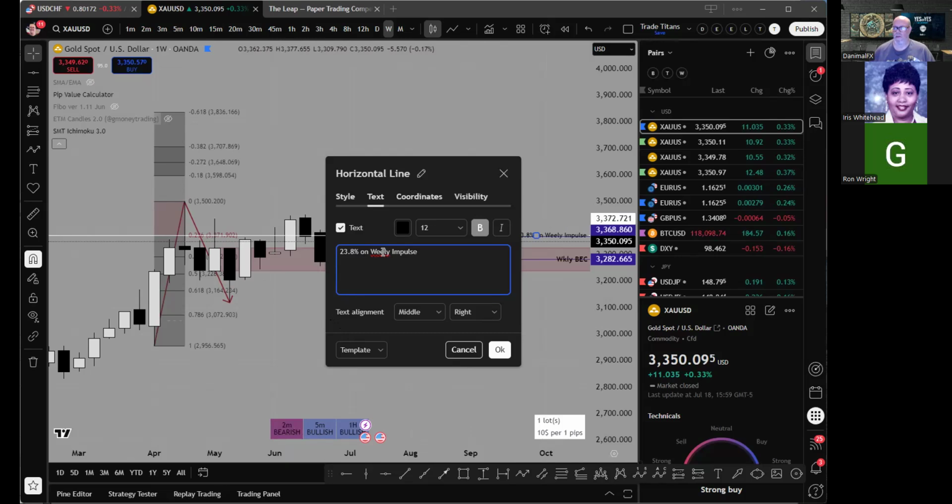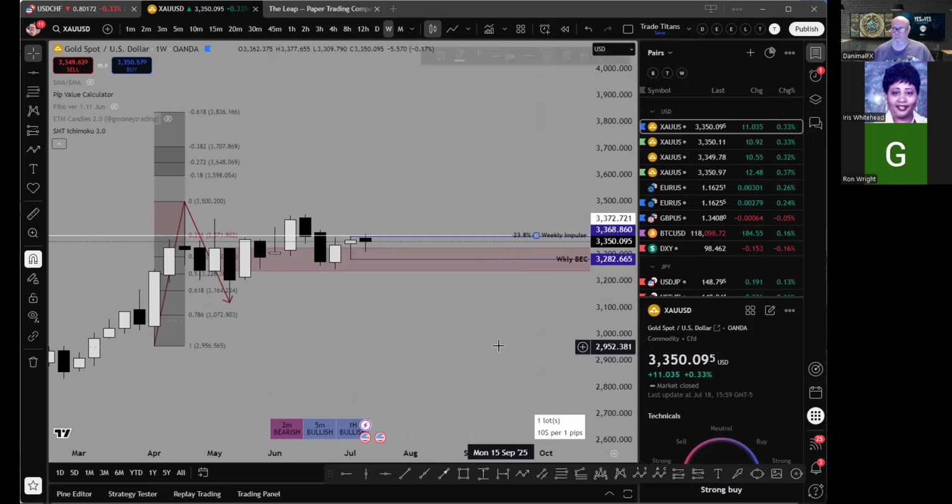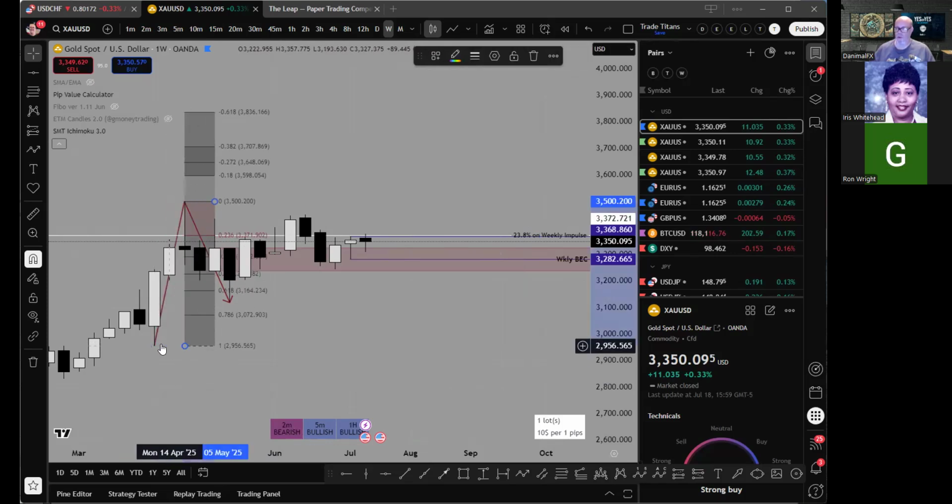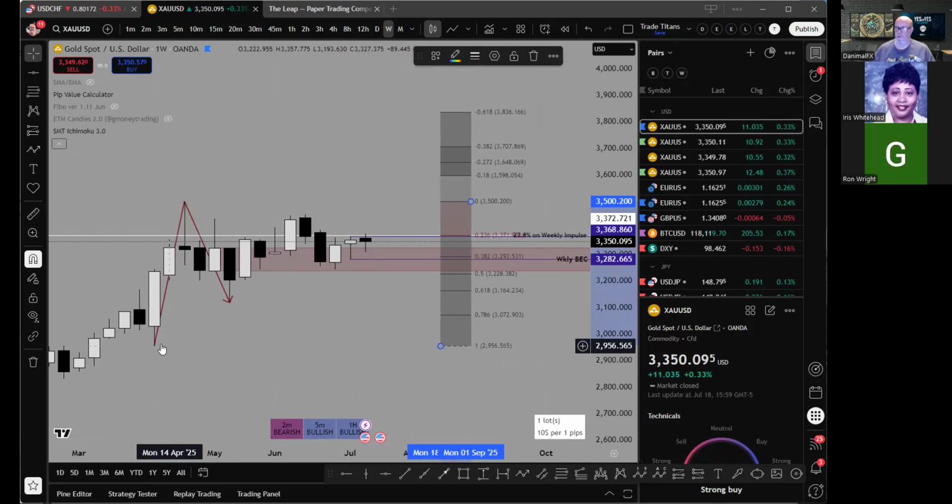Yeah, weekly. Pardon my spelling, but it's okay. So we can actually use this as our impulse, our weekly fib. And I'm going to bring this up to G because we could actually use this as well. I'm going to stick with that fib. I kind of like that better than picking the candlestick. Don't ask me why,